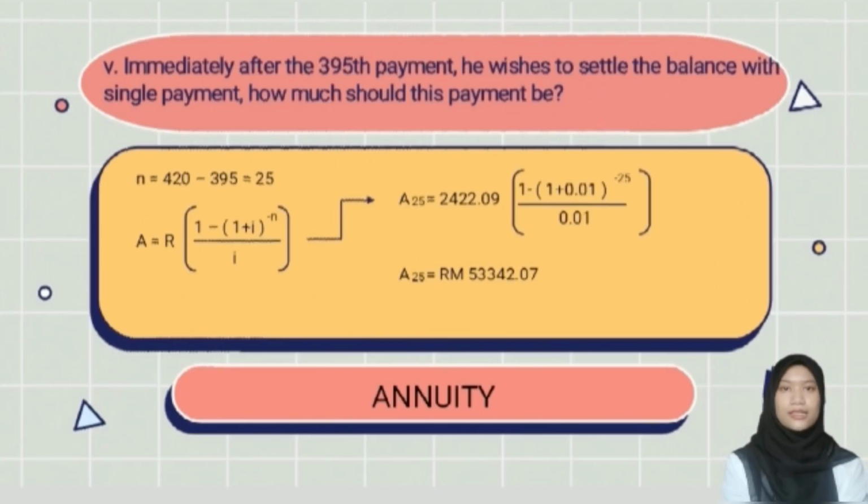14,900.73. And the last question is, immediately after 395th payment, he wished to settle the balance with a single payment. How much should this payment be? Substitute the information into the formula. 825 equal to 2422.09 in bracket 1 minus in bracket 1 plus 0.01 power of negative 25 divided by 0.01. And the final answer we got is RM